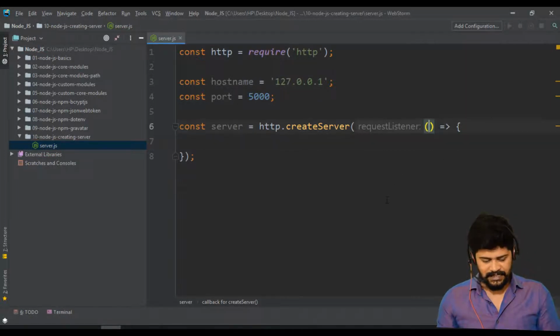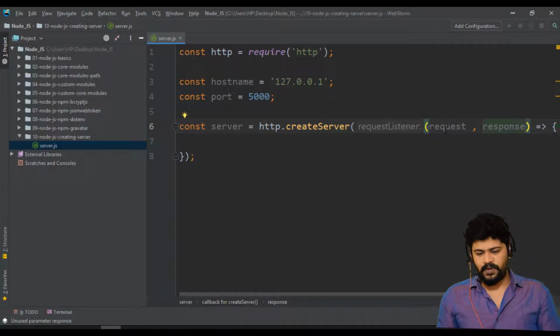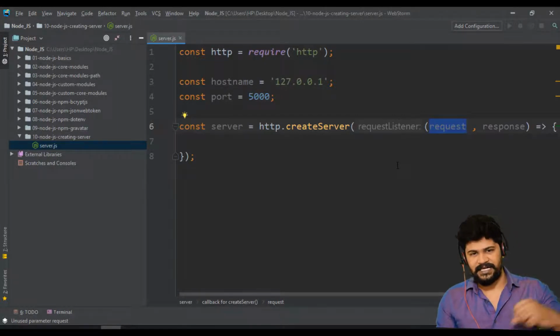It has two parameters: one is request and the other is response. So what are request and response? The request represents any data coming from the client to the server. And the response represents anything you want to send from the server to the client.